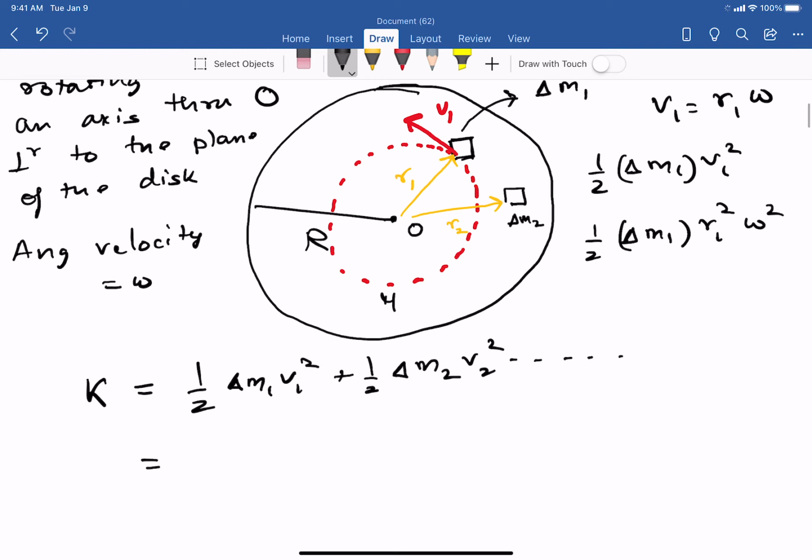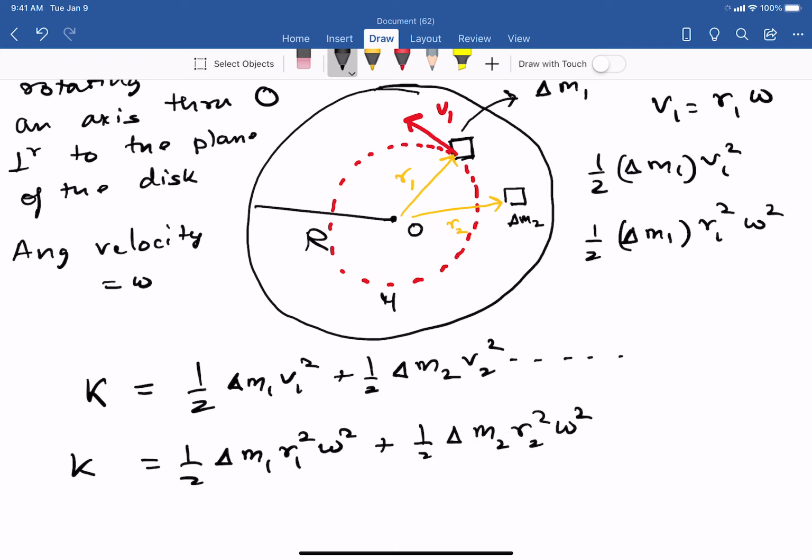I'll just plug in what we had for v1 and v2. So the kinetic energy would be half delta m1 r1 squared omega squared plus half delta m2 r2 squared omega squared